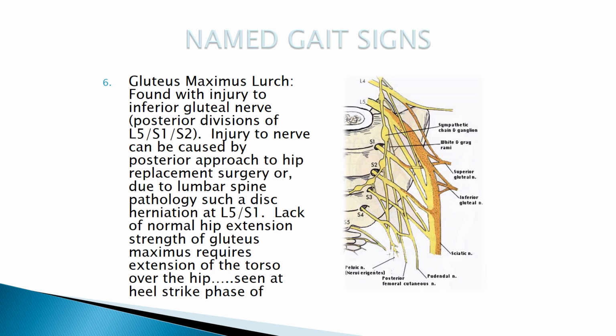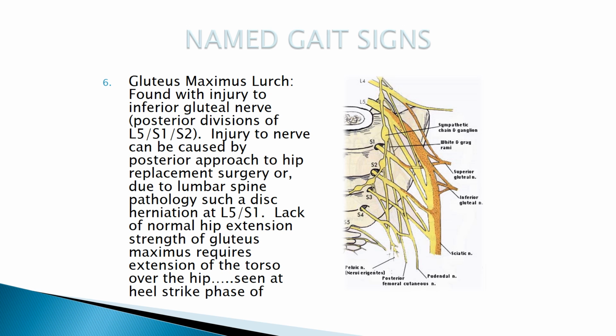Then finally, the gluteus maximus lurch is an interesting gait disturbance. It's not as frequently seen as the Trendelenburg gait or the steppage gait, but it is out there because it is also caused by injury to any of the spinal nerve roots, L5, S1, or S2, or also due to an injury to a local peripheral nerve known as the inferior gluteal nerve, which can often be damaged with hip replacement surgery. So injury to the inferior gluteal nerve or any of those nerve roots